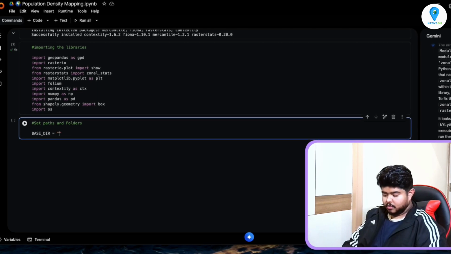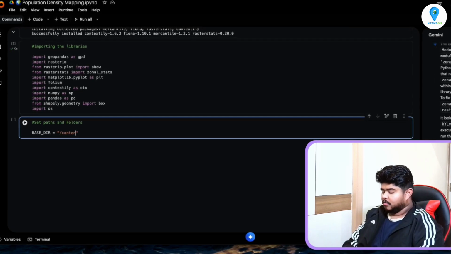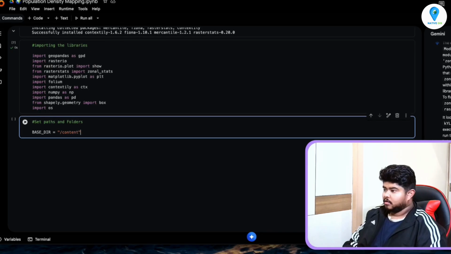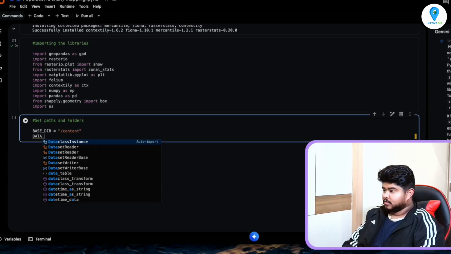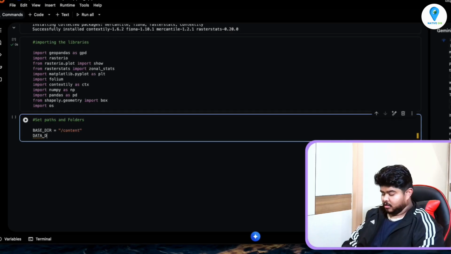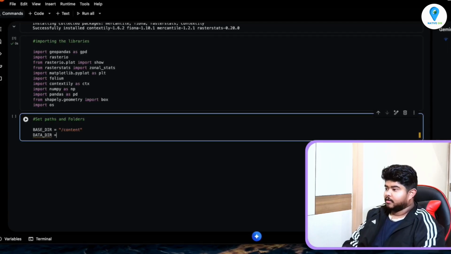Folder slash content. Then data_dir, the data directory, will be